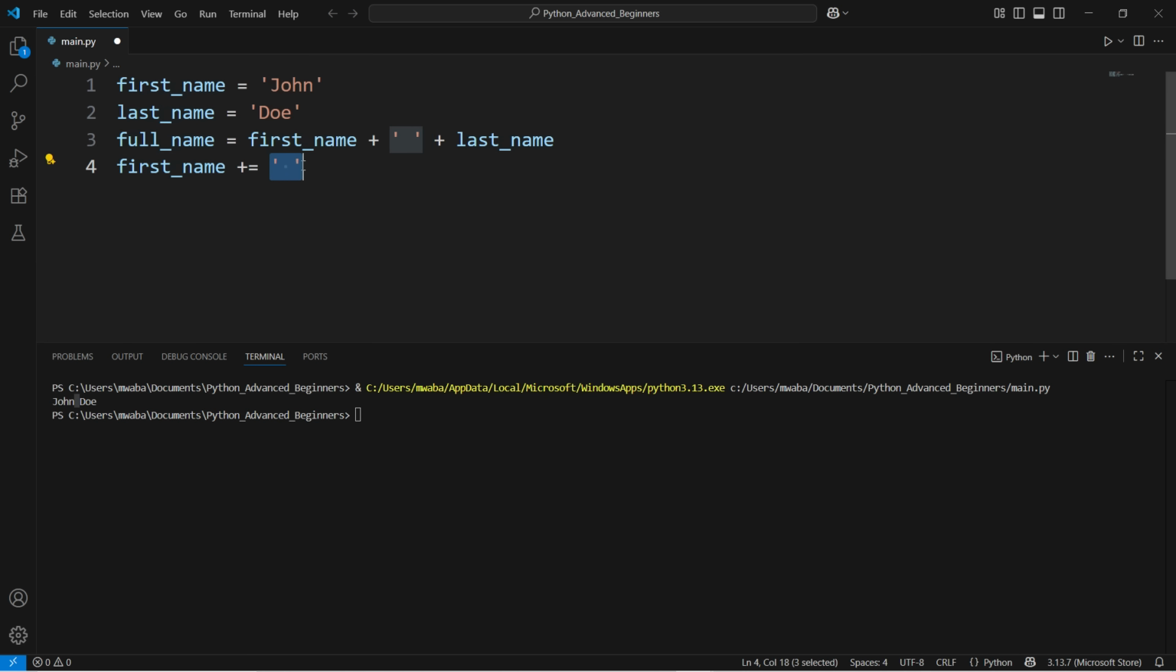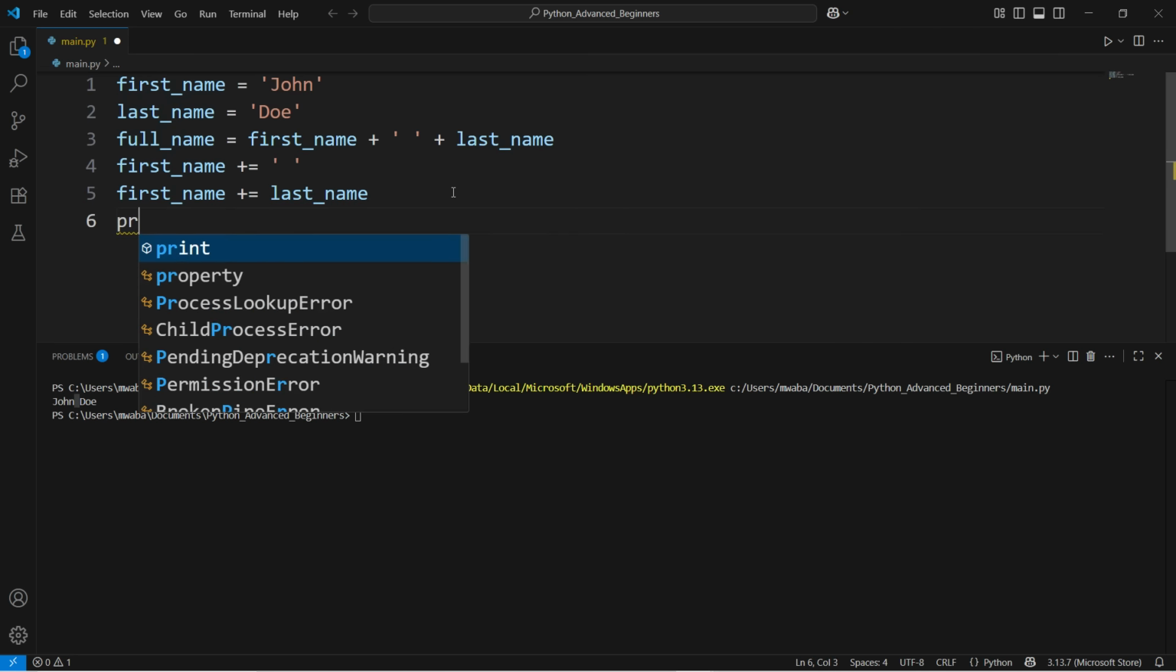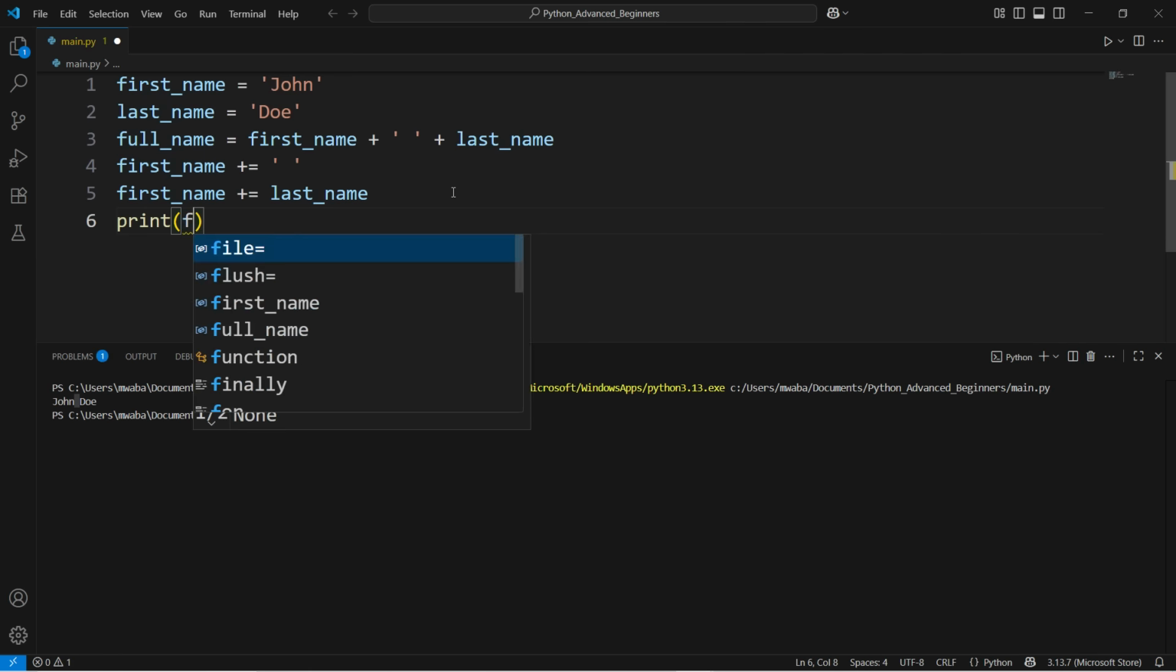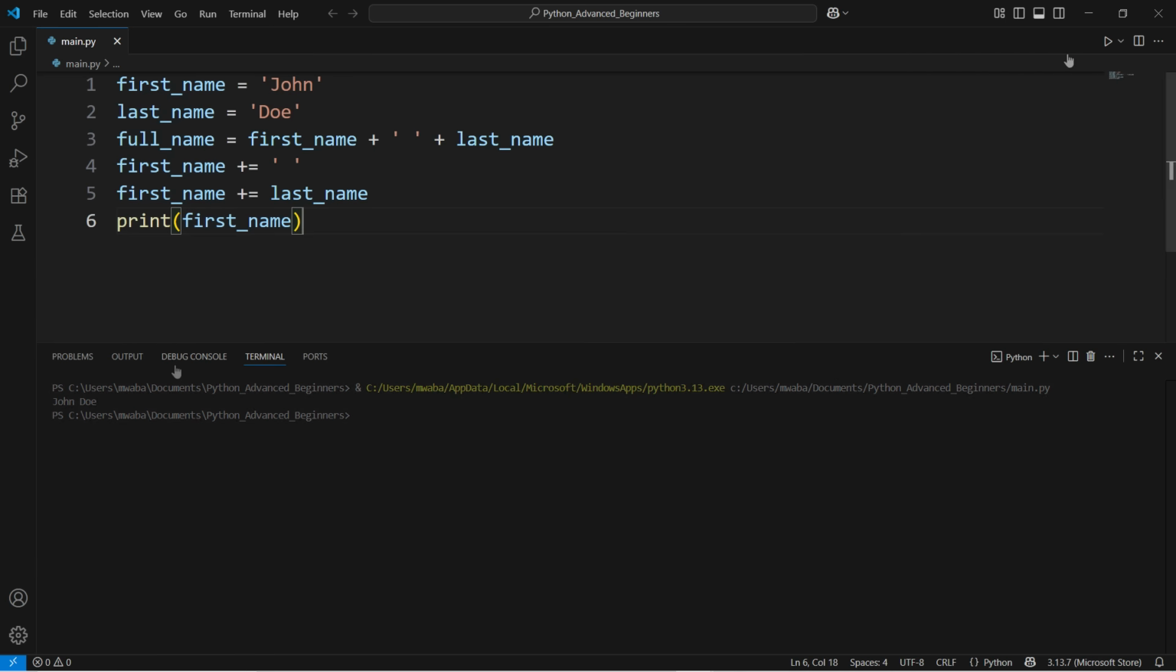So this is going to append the white space to first name, and this will become John and then a space. So let's go to the next line and paste first name again, which is currently John in a space. And then type plus equals, and then we'll combine that with last name. So let's go to the next line and then print first name. Let's run our program, and you see that we get the first name combined with the space and the last name